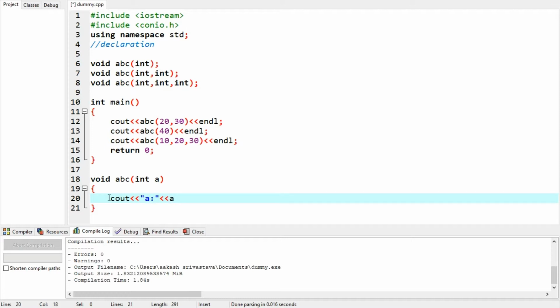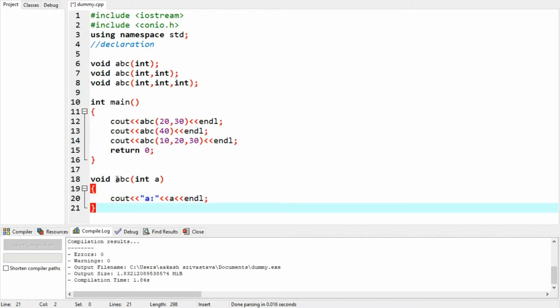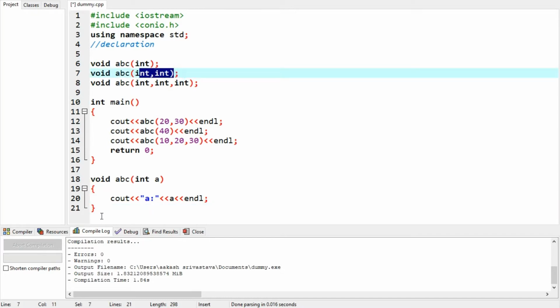You get my point, don't you? And that's it. This function is having parameter a, where we will pass the value. The value will be declared here, passed here, and it will just print out the value here. Now let us define this second function, that is